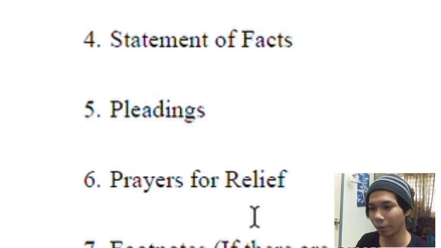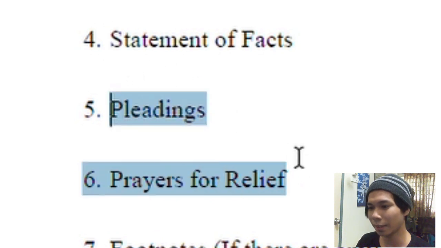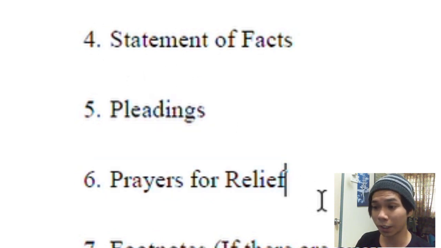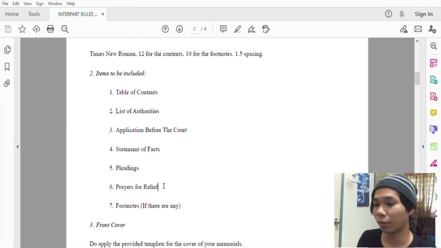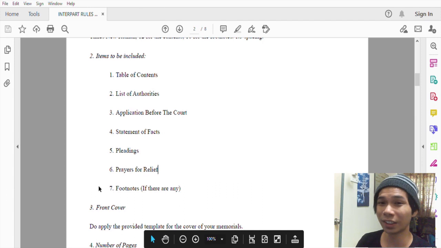To be honest, I can't remember what pleadings meant, but I do remember what prayers for relief are. That is what you seek from the court. For example, you've presented the issues, and if you're in favor of the plaintiff or you're in favor of the defendant, indeed you want relief and support for your plaintiff to attain their rights or remedies, or the rights or remedies for the defendant if you are representing them. And then finally, the footnotes, which is you just cite the authorities that you've been provided within your written memorial.